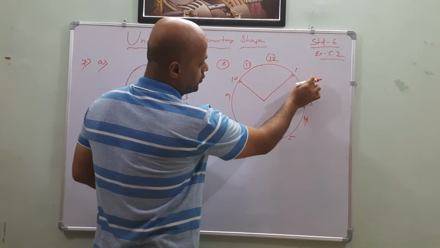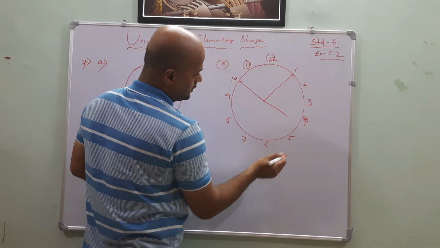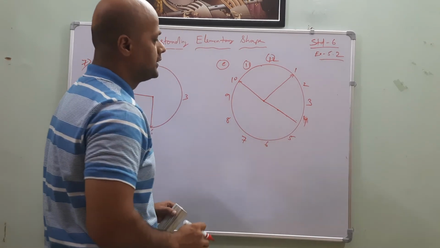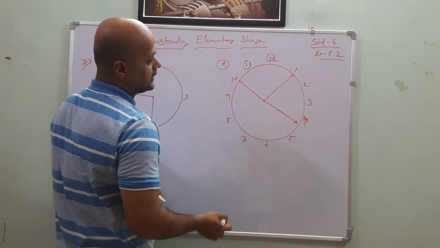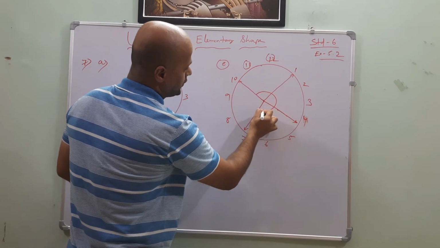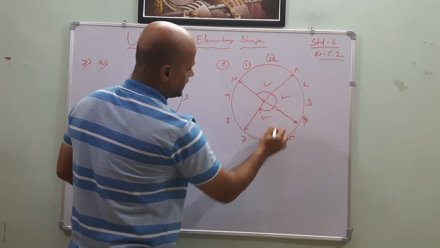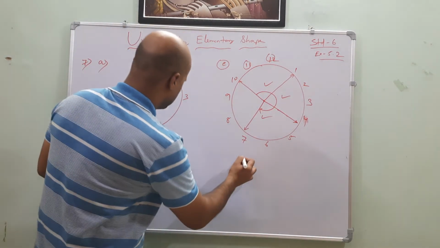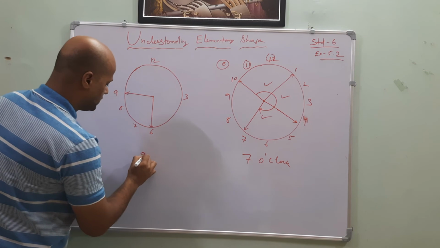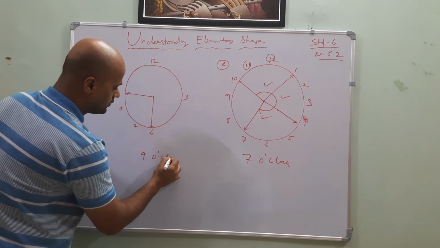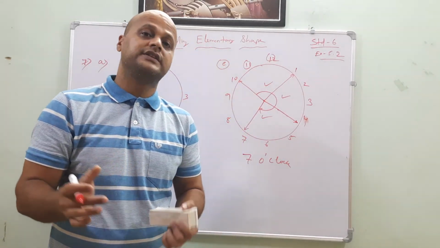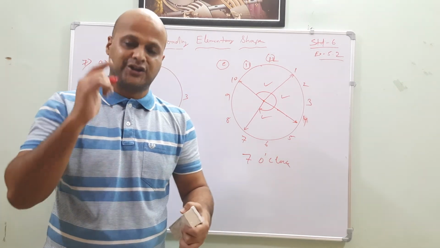Then again go for it. 2 hour gap. Then this one is the 2. It's coming for the 4th. Okay. Next is the second right angle. The third one will be a 2 hour gap and it is coming on 7. So 1, 2 and 3. 1 right angle, 2 right angle, 3 right angle. So where will the hour hand stop? It will stop on 7. 7 o'clock. Here 9 o'clock. Understood? It is only for the clockwise direction. If it is the anti-clockwise direction, it will be different. You just try it at home.